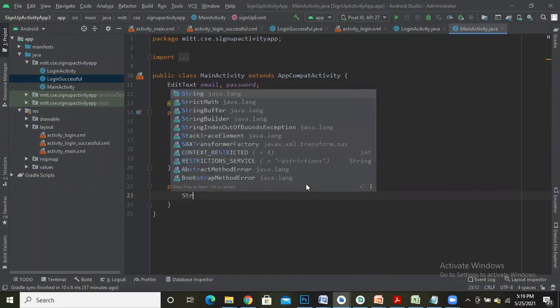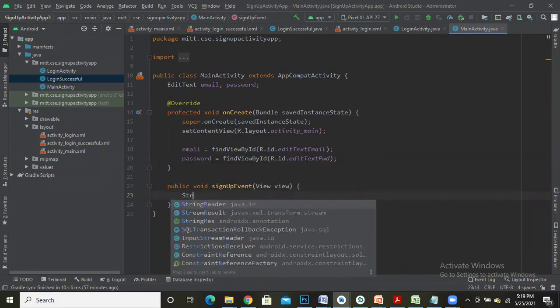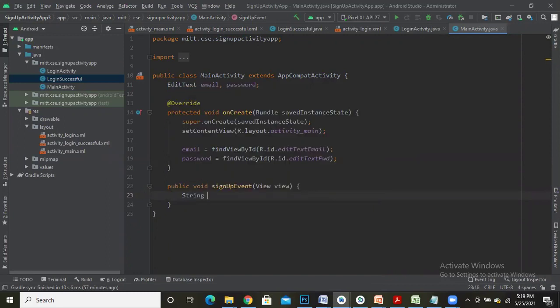Create a variable, string sign up email, is equal to.